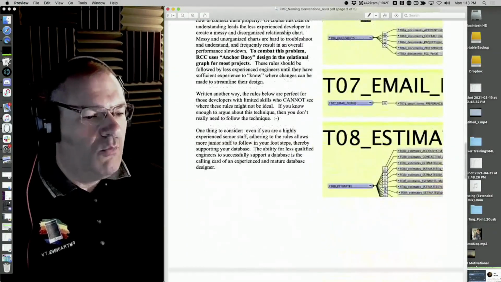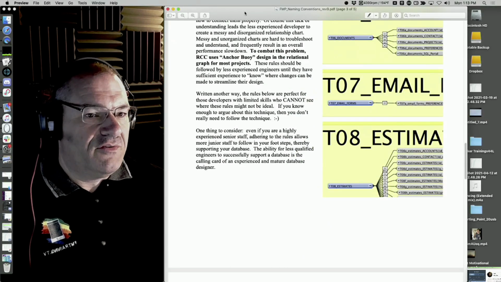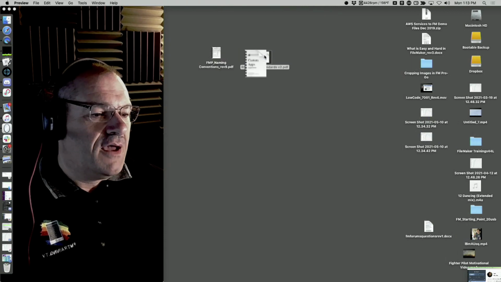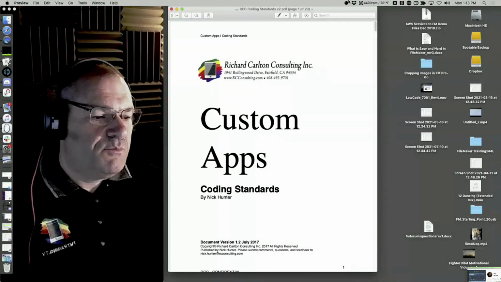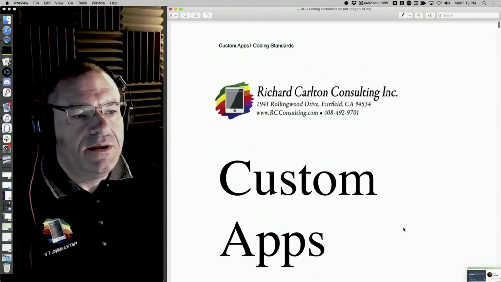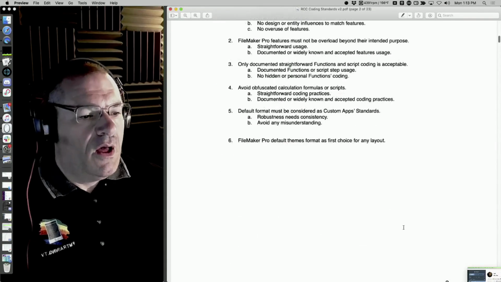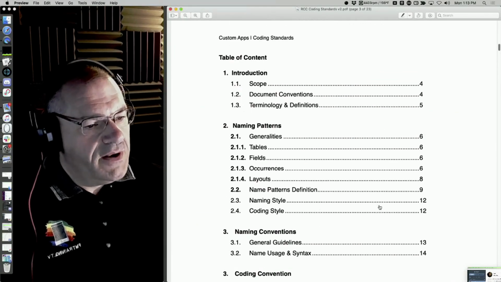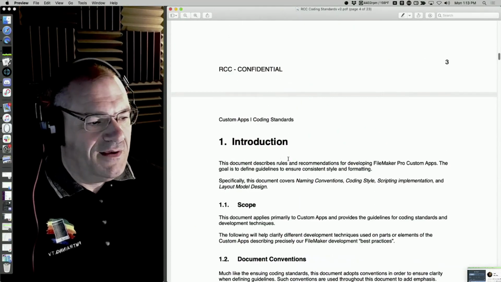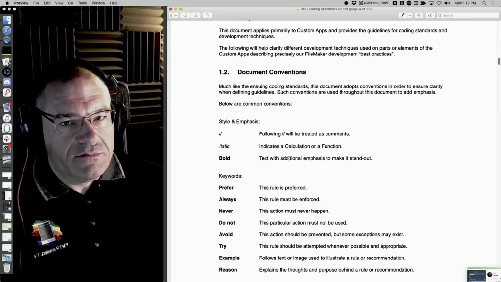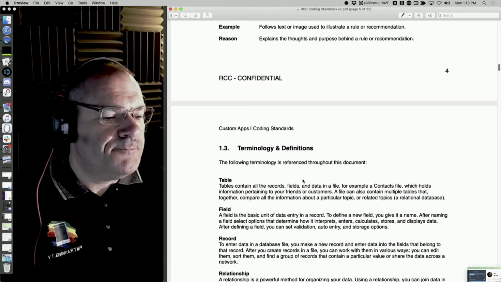Of course, one or more of you pointed out that there were differences or conflicts between this document and the one Nick came out with after that, called Coding Standards, and you have this PDF here too. Nick wrote this probably early on when he came to RCC, or right prior to coming to RCC. Anyway, it's a much more detailed document. It's like 20 some odd pages, and talks about script commenting, things like that.